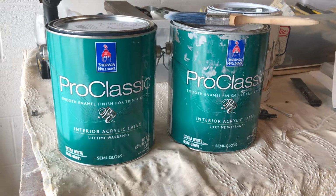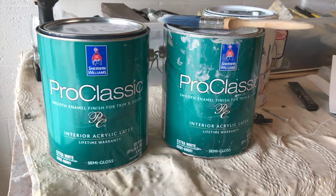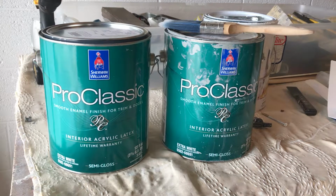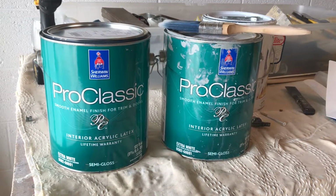We took all the doors off, we prepped them, we sanded them, we primed them, and then we put our first coat of paint. We're using Sherwin-Williams Pro Classic. It's a very nice paint. It comes highly rated. It's extremely hard. It's durable. But the first coat we sprayed on using an airless